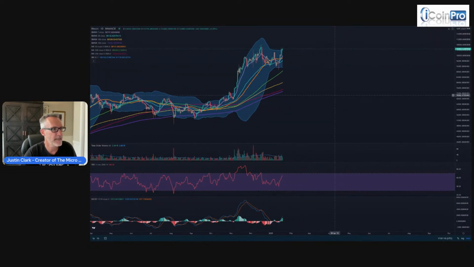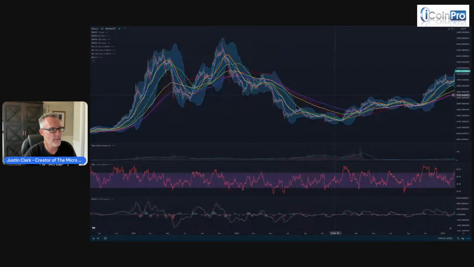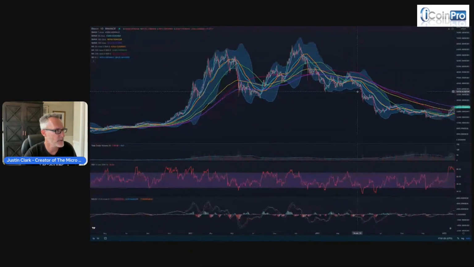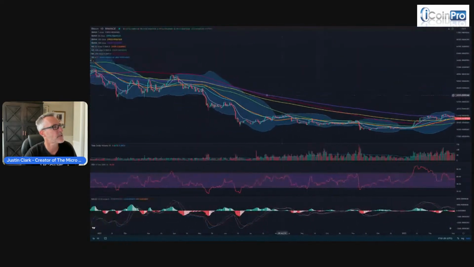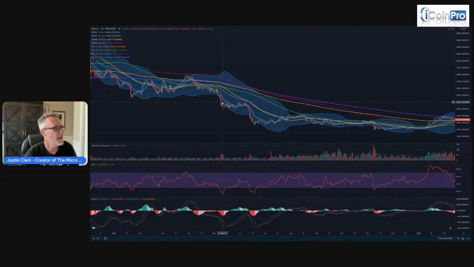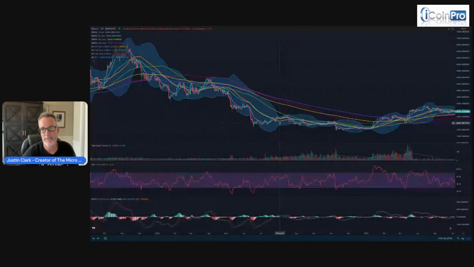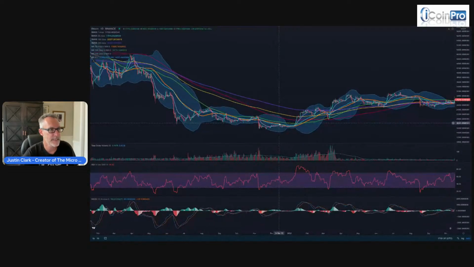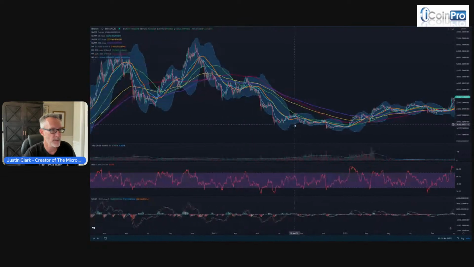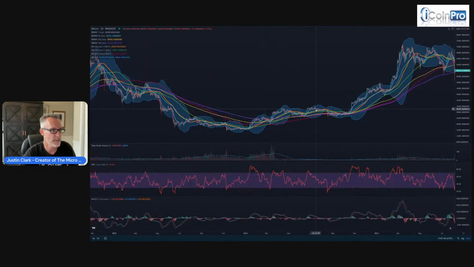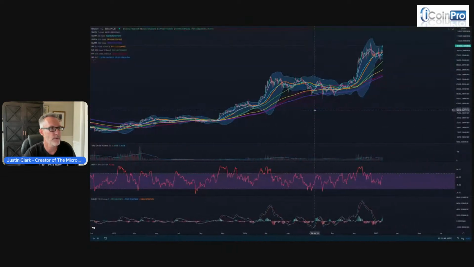On the flip side, if we're trading below all of these moving averages, and in particular stuck below this light purple moving average, that indicates that we are potentially in a bearish market or bearish cycle, and almost definitely not in a bull market. Really makes it easy to see that from a technical standpoint. And in order to return back to a bullish trend, we're going to have to conquer all of these different moving averages to start moving up.